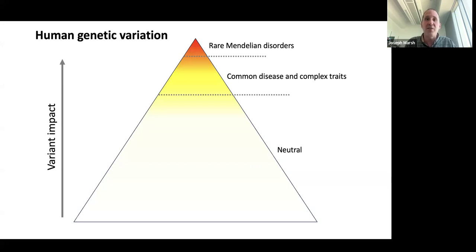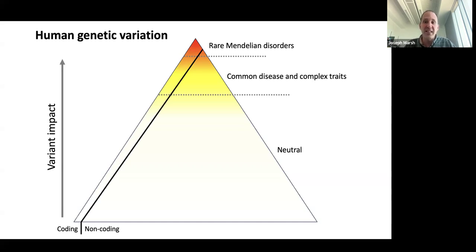So basically, though, we have this needle in the haystack problem where there's a lot of variation, only a little of it has clinically meaningful effects. So how can we spot those variants that are important? One thing that we can do is focus on coding regions. If we look at the human genome, only about 1 or 2% encodes for protein coding regions. But if you look at those genetic variants that are associated with severe Mendelian genetic disorders, the vast majority are occurring in protein coding regions.